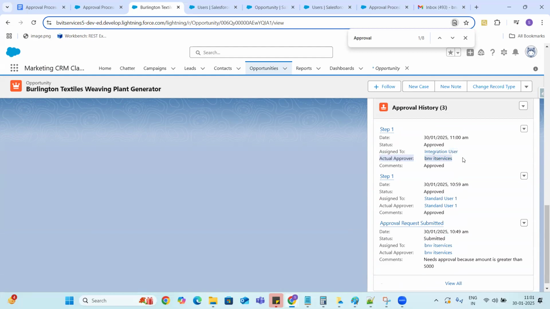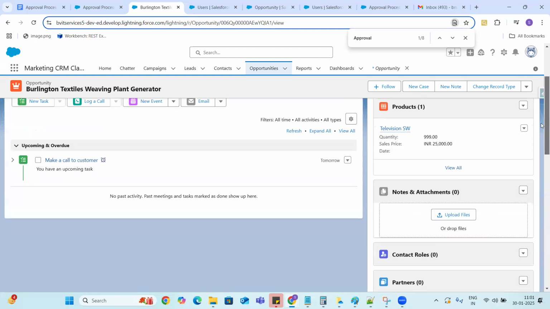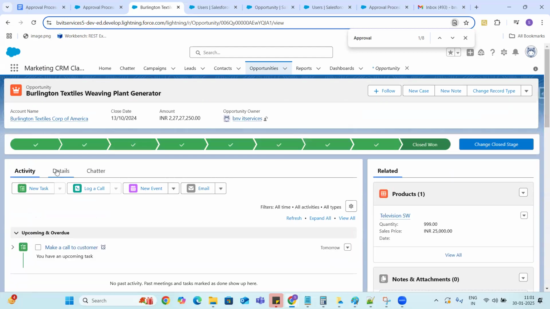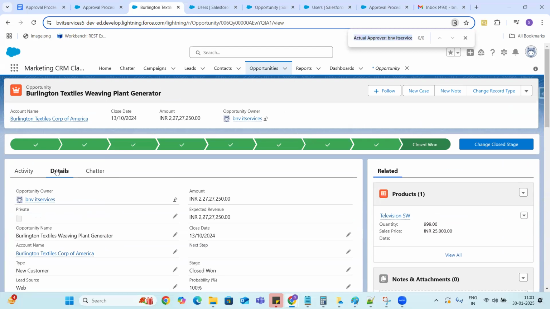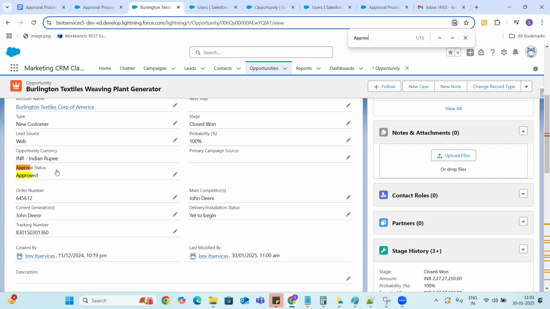Like that, each and every action will get tracked here. So now let me check the status of approval. See, automatically this gets updated to approved. In case they reject, it gets updated to rejected.